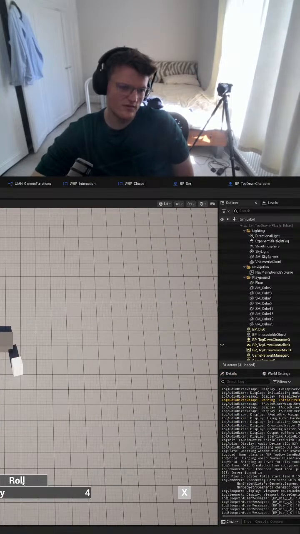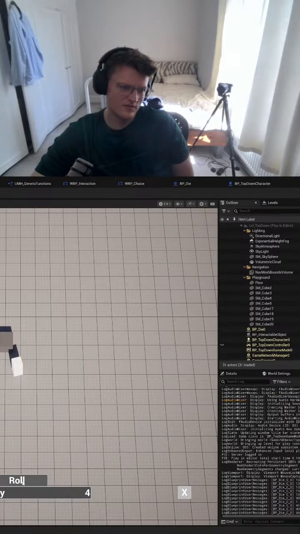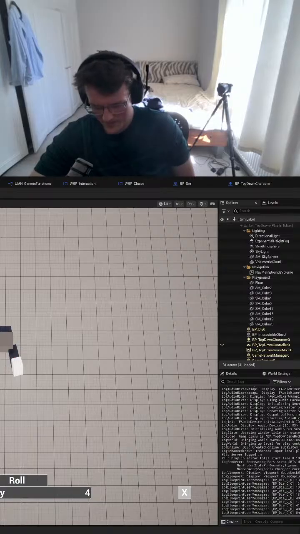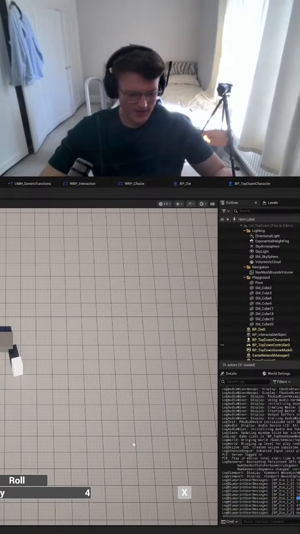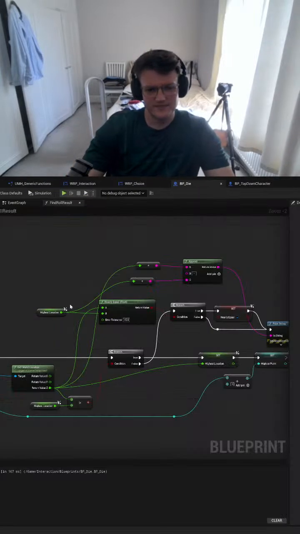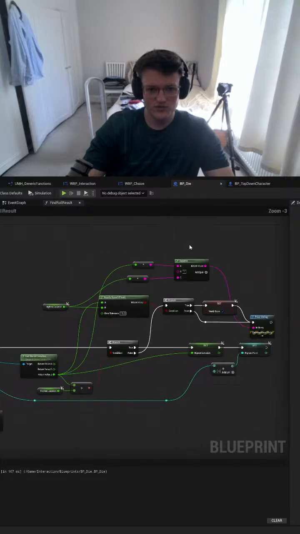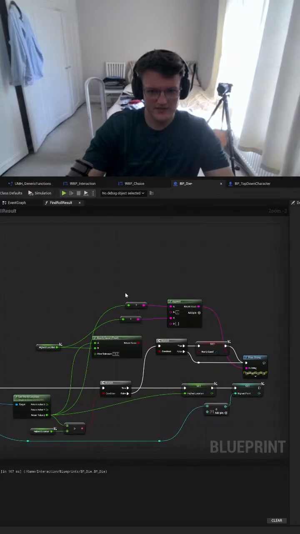So I roll. It says nearly equal true. So 40, 41. What I should also do is add to this print string the